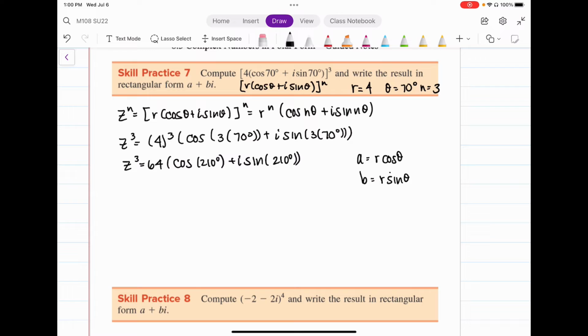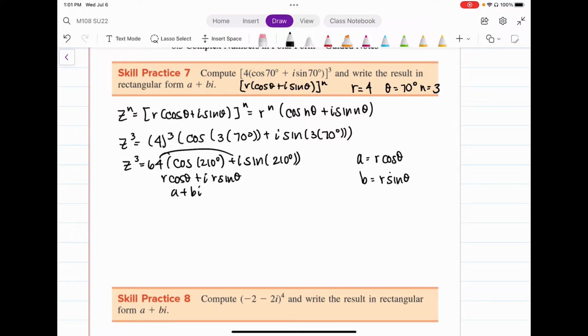I was asked to write this in rectangular form though, and that means that I can use a equals r cosine theta and b equals r sine theta, or you can just distribute the 64. You get the same thing, because remember, if r cosine theta is a, when you distribute, you have r cosine theta, that's a, plus i times r sine theta, which is b. You get a plus bi when you distribute, but we need to evaluate the cosine of 210 degrees before we